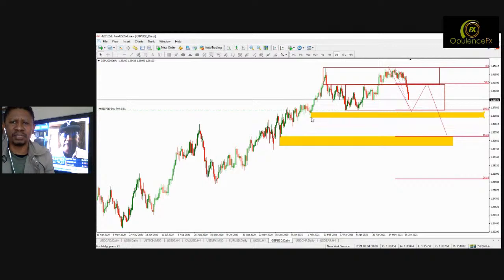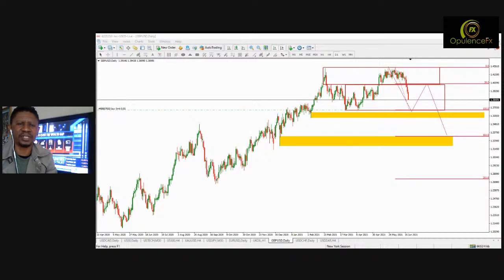Could be trapping some of the buyers. I'm not gonna be amongst those. Just have got to monitor on how it behaves, and then from there take it from there. But it looks, according to our technical analysis, like it will want to settle somewhere on the lower side before it can go to the upper side. So we are waiting and we'll see.